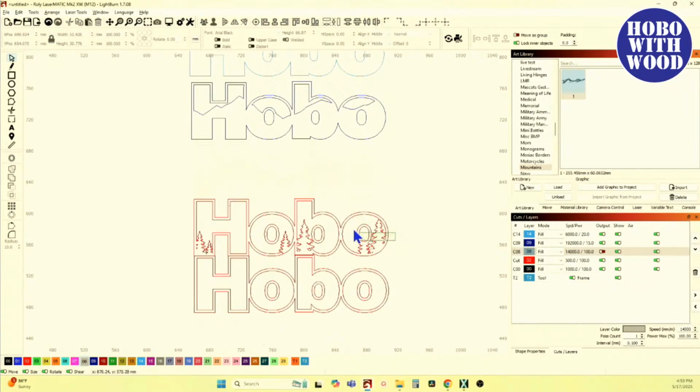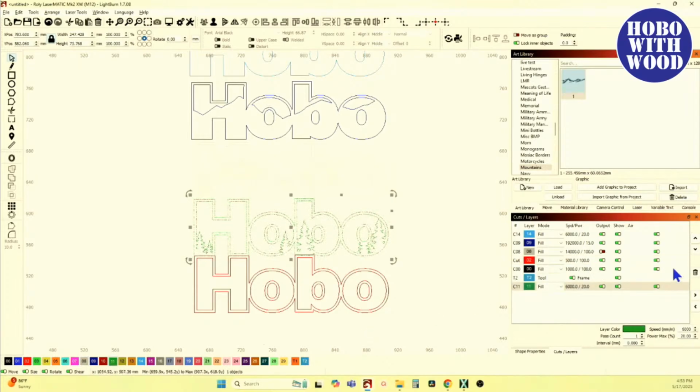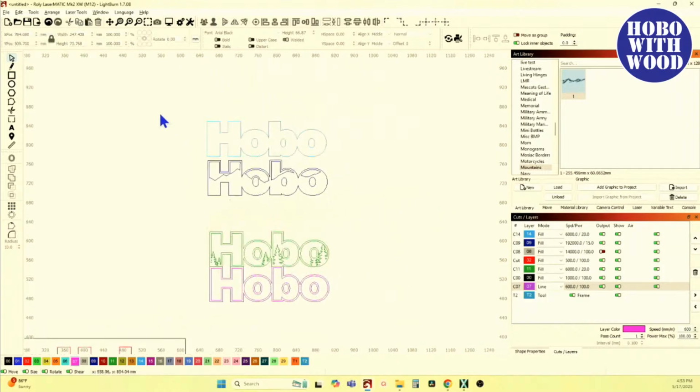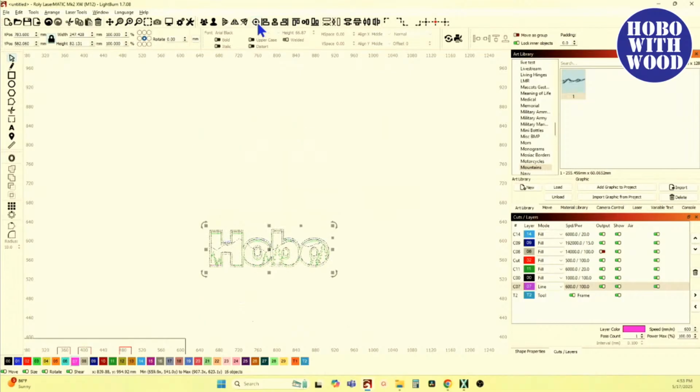And this will be the green layer. And this one will be whatever accent you want your outer piece to be. You might want it white. You might want it blue. If it's for a little girl's name, you might want it hot pink. You know, you move that up here. And now I think I got the priority right. So now if I select every one of those and bullseye them,